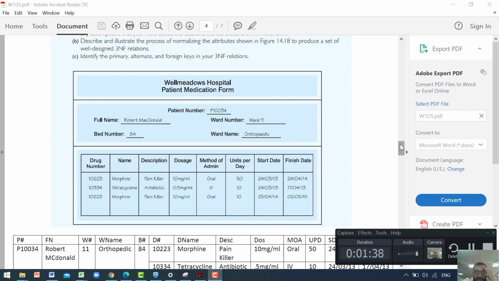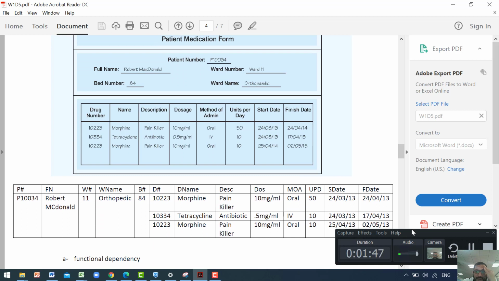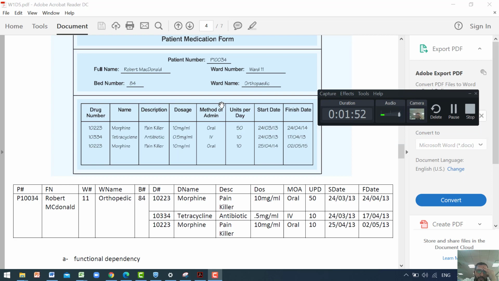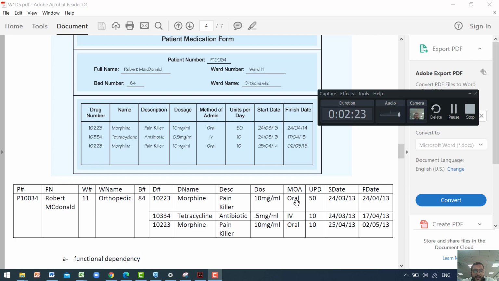Okay, so basically this is a form they fill in the application, and then we need to tabulate it in a table format. When we go for a table, we will have the patient number, and then first name, or full name, and then ward number, and then ward name, bed number, and then all of this. If you look at this table, we find redundant data, lots of redundancy. Here are groups of data related to only one patient, and then a group of dosage, a group of different things. So this format, or this table, we call denormalized. There is a lot of redundancy if we look at it this way, and we need to normalize it. The first normal form, which is the first